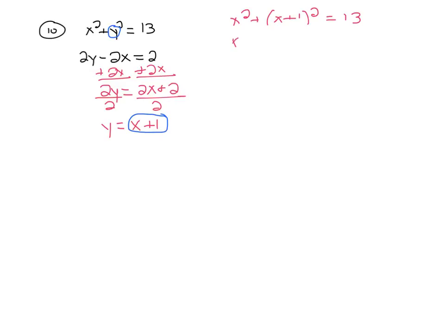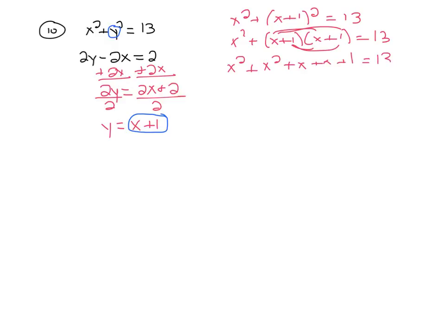So I'll bring down the x squared. When a binomial is squared, it means there's two of them. So let's just write it out twice. That way we can double distribute. All right, so bring the x squared down. And when I double distribute, I get x squared plus x plus another x plus 1,